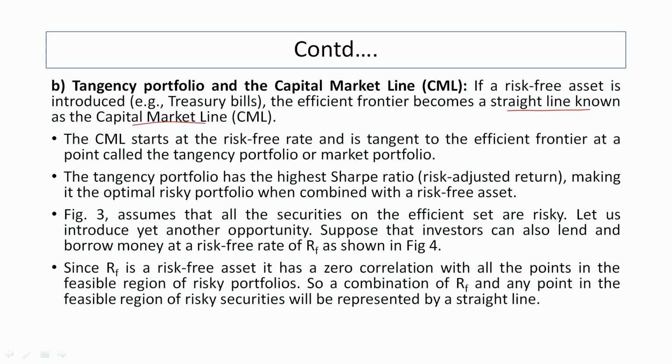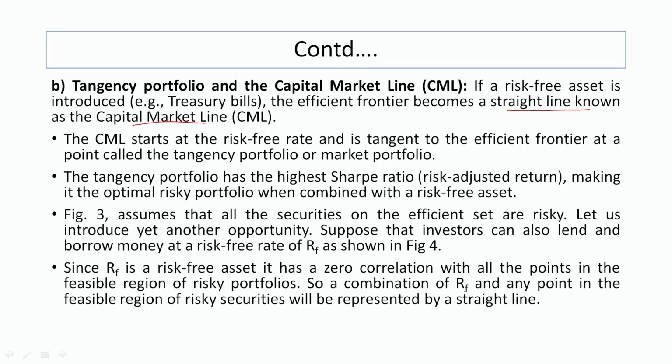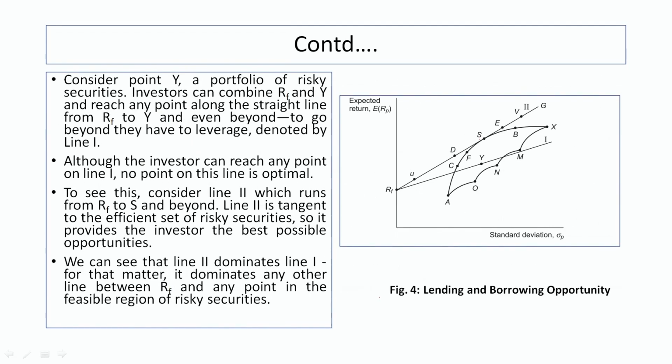Let us introduce yet another opportunity where we are going to see how the investor borrows the money and goes for the risk-free instrument, that is shown in the next figure. So since RF is a risk-free asset, it has zero correlation with all the points in the feasible region of risky portfolios because it is totally different from the risky instrument. So we need not go for calculation of correlation and covariance in case of risk-free instrument and risky instruments. So a combination of RF and any point in the feasible region of risky securities will be represented by a straight line, as I already pointed out, that this is the risk-free instrument line, or we can go for this particular line 1